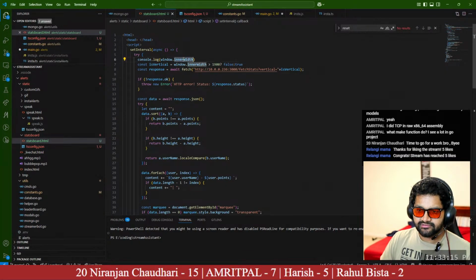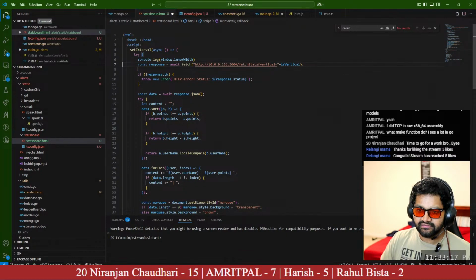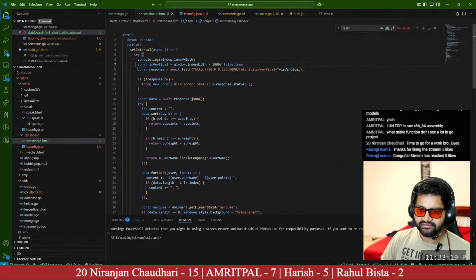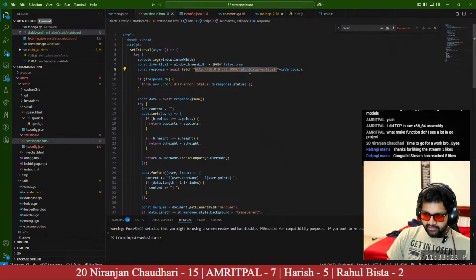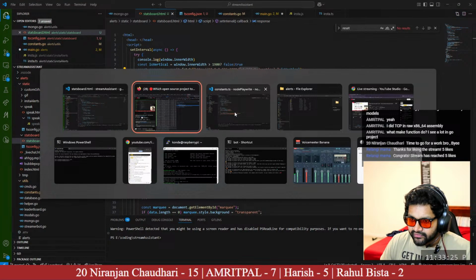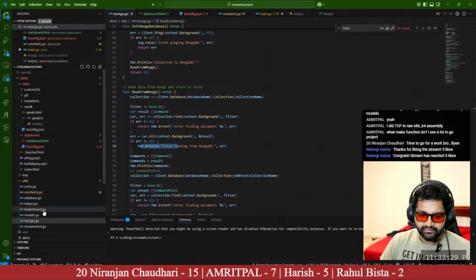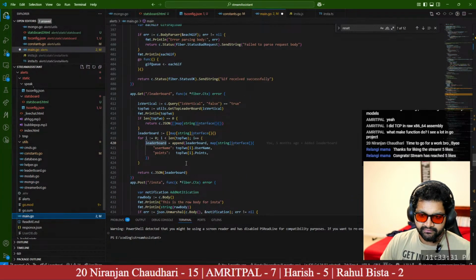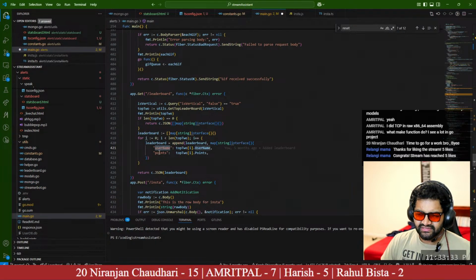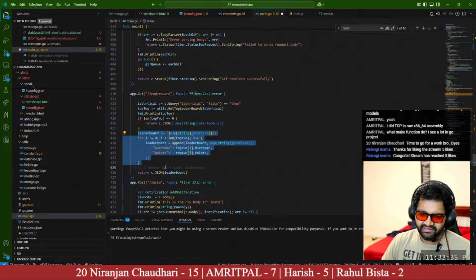Since that start board, we know it. I don't need all these. So it's going to get the same URL leaderboard. So let's fix the leaderboard first. Yeah, fix the backend first. So inside leaderboard, this is what I'm doing. I have username and points. Basically, I have the entire collection, and then instead of this,